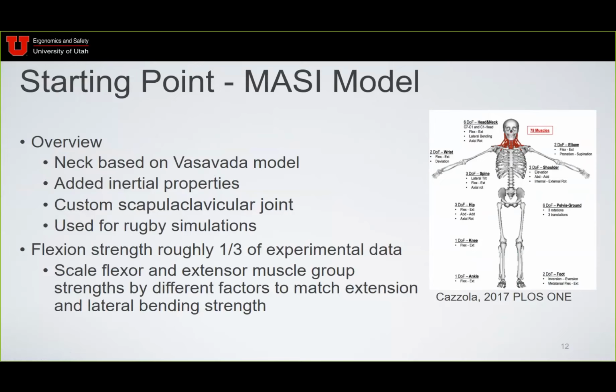However, one of the limitations that was stated was that the flexion strength was roughly 1/3 of experimental data. So the model was only able to do 30% of what it needed to in flexion. And this is highlighted a little more by the fact that they had to scale flexor and extensor muscle group strengths by different factors. And they chose to do this to match extension and lateral bending strength, because if they were to match flexion strength, the scaling factors would be unrealistically large and provide a lot of passive stiffness